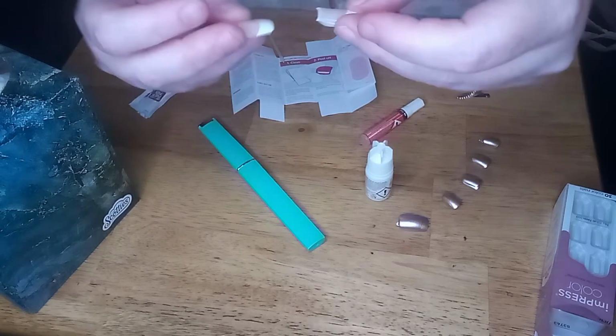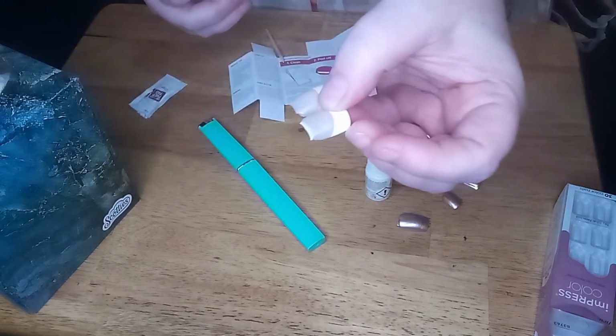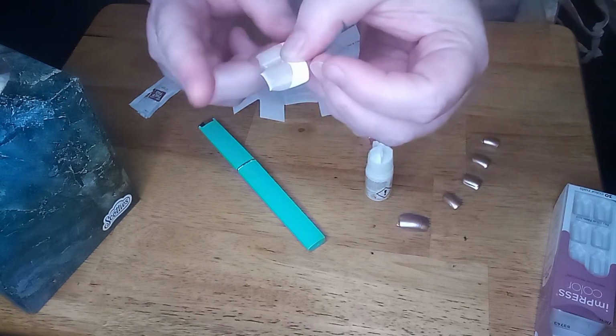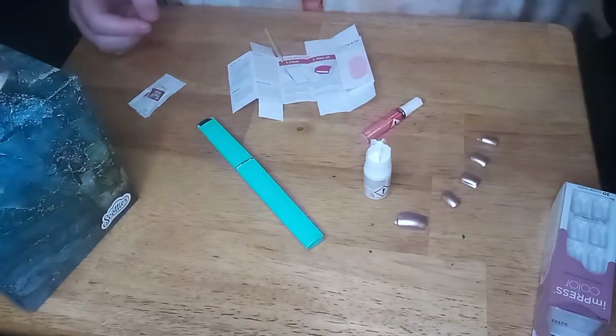So just a word of warning, if you're transporting this with your nail polish remover, because that's how you get this off, put the nail polish remover in a different bag. All right, so